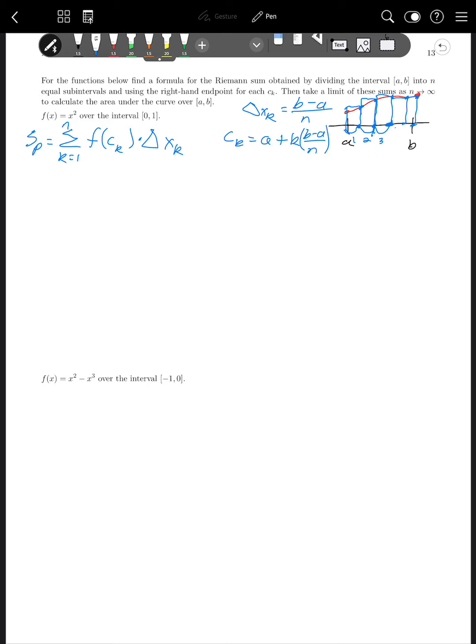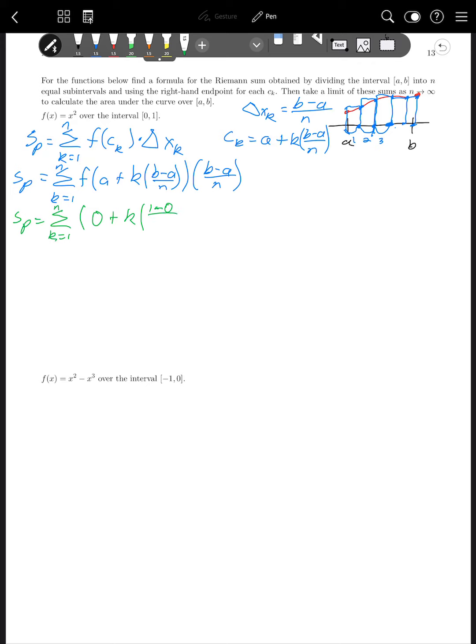Okay, so in general, what you're going to be finding when you do these is S_P equals the sum from k equals 1 to n of f of (a plus k times (b minus a) over n) times (b minus a) over n. Okay, so we're just going to be substituting into that general formula. So in this case, a is 0 and b is 1. So we can go ahead and substitute those. So S_P would be the sum from k equals 1 to n of f of (0 plus k times (1 minus 0) over n)